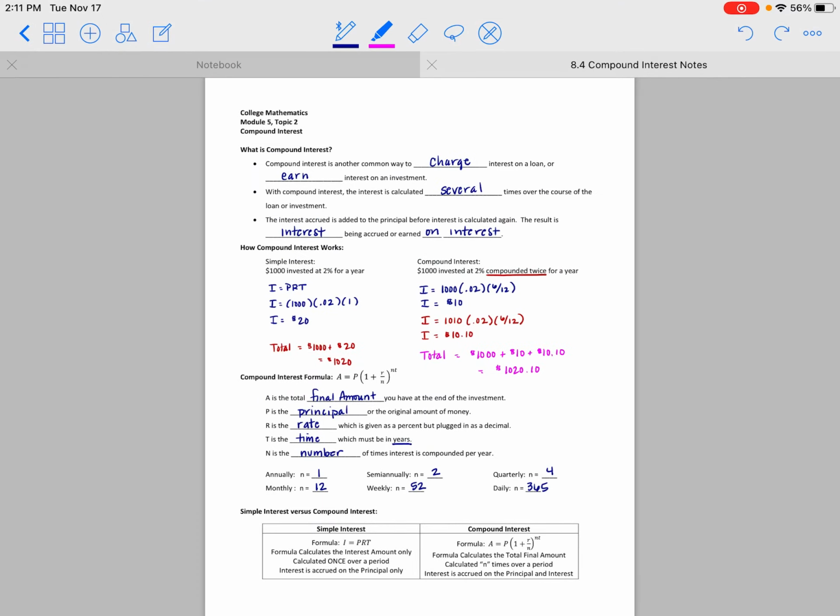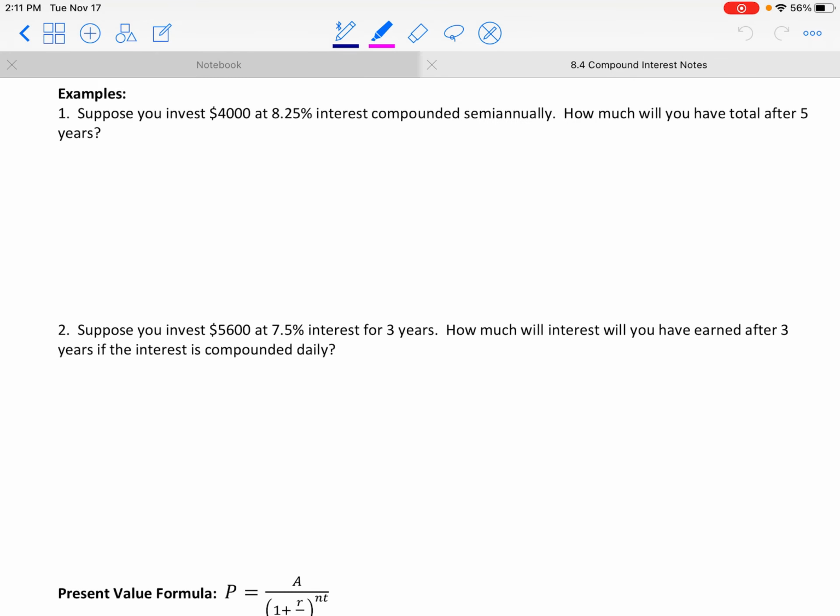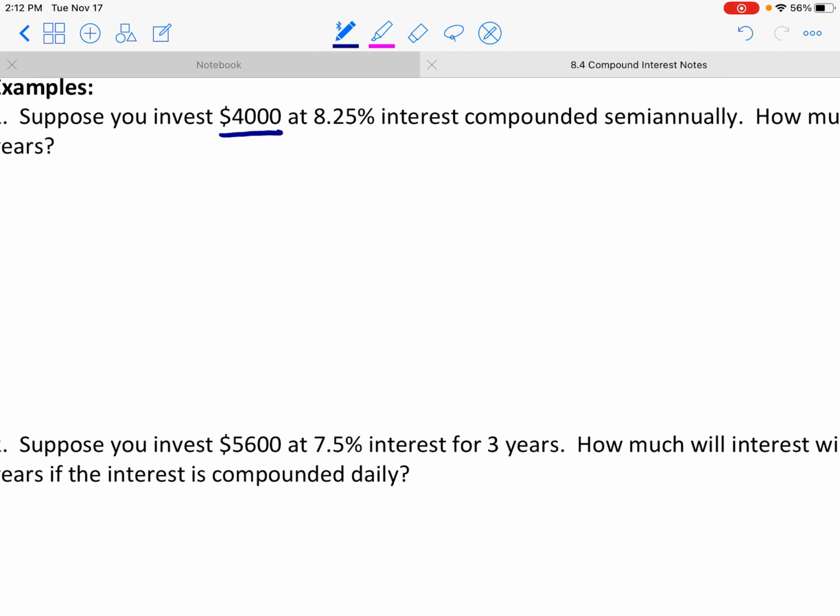Now, let's practice calculating some compound interest. So, for example, number 1, it says that you invest $4,000 at 8.25% compounded semi-annually. How much will you have total after 5 years? So, 4,000, that is our principal beginning amount there. 8.25% is our rate,